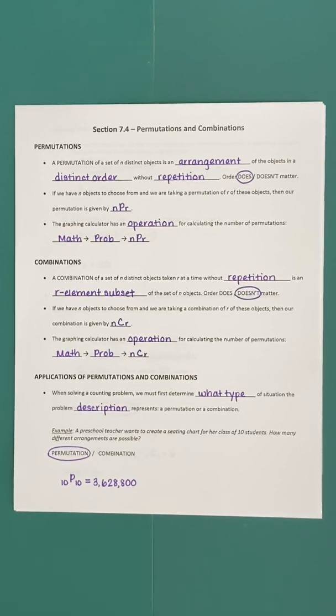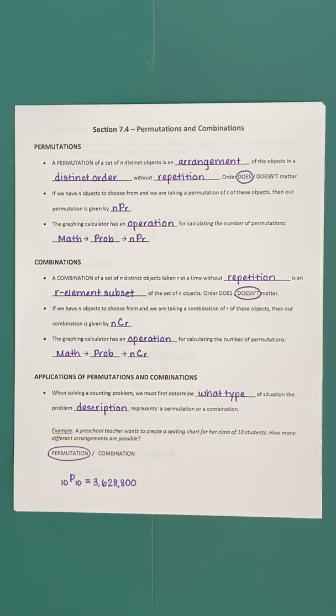Now, sometimes we won't want to arrange the whole set. Maybe we have a set to choose from, and we just want to take a subset of that and then arrange the elements in the subset. In a lot of situations, that's what we're going to do. So if we have n objects to choose from, in other words, the bigger set, and we're taking a permutation of r of these objects, in other words, we're taking a smaller selection from the bigger set and then just arranging that smaller selection,